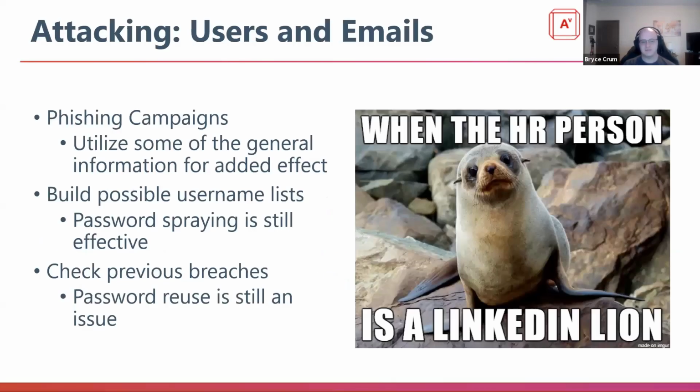So attacking users and emails, obviously the easy one is a phishing campaign. Taking those email addresses that you've enumerated, putting them to a direct use by emailing the users with the general information that you've already enumerated about the company can give you some varied success depending on the target. And especially the more general information you gathered, as I said, that's the foundation. So piling that in, if you find out they may be going through some form of company transition or something of that nature, that can be extremely powerful ammo to then pack behind a phishing campaign.